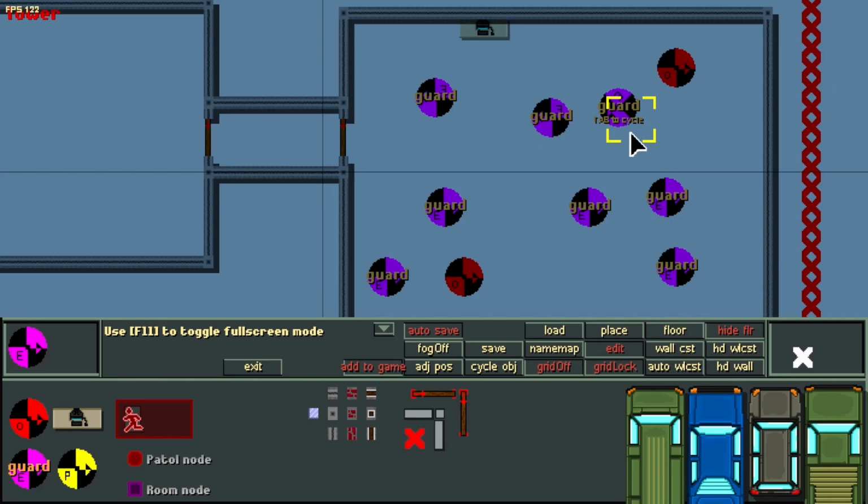All right, you'll notice when you click on them in the edit mode, it'll say tab to cycle. And so you have a couple of different modes for guards to be spawned in. You have guard, which basically they'll spawn, stay in one place unless they see or hear the enemy or the player. You have wander,